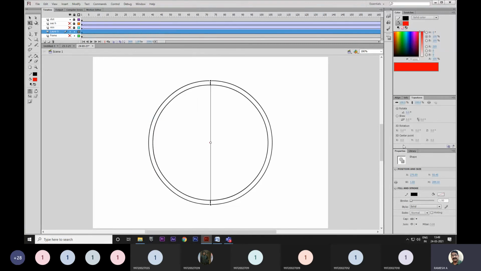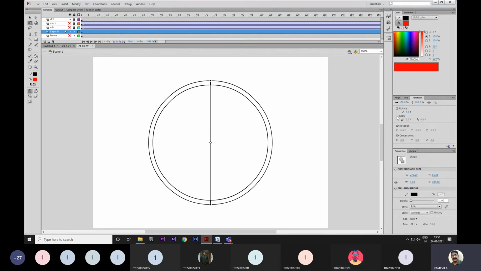Control T. Here now I want 60 divisions for the 360 degrees of the circle. That means 360 degrees divided by 60. How much will you get? 360 divided by 60 is 6.